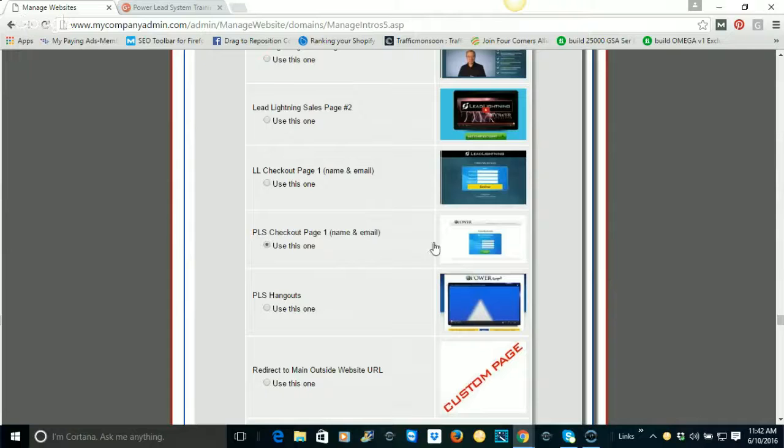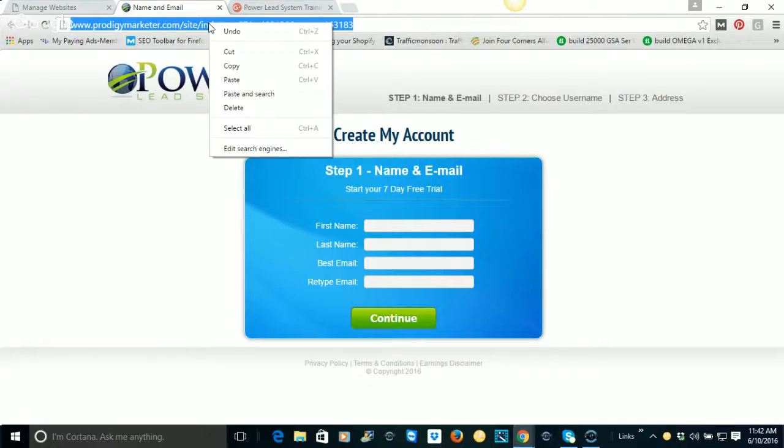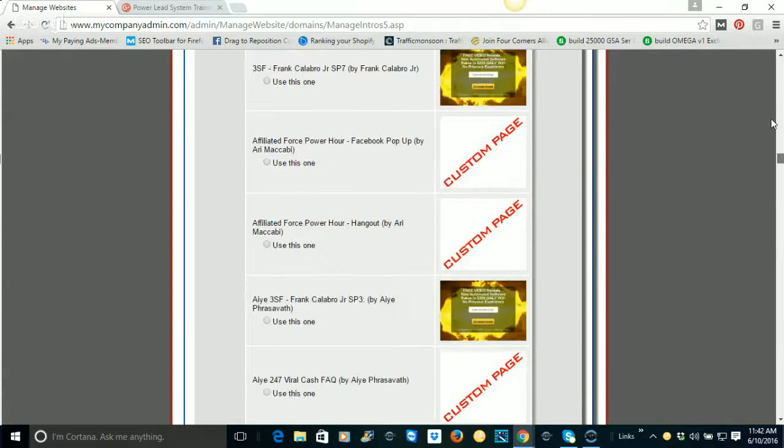Right here where it says PLS checkout 1, click that box right there. It's going to open up another tab. And this right here in the address bar is what you want. This is in your back office. This will be coded to you. So you just copy that. You can close that out. Go back up to